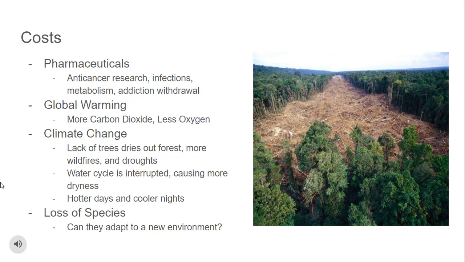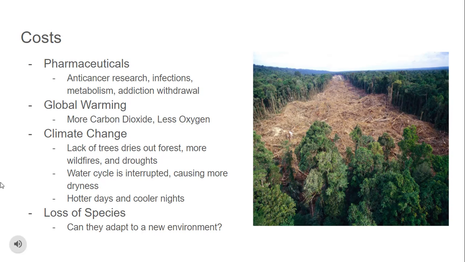Deforestation will cause there to be more carbon dioxide and less oxygen in the atmosphere. Carbon dioxide is one of the greenhouse gases that causes global warming. Without trees to convert the carbon dioxide to oxygen, it will increase the effects of global warming. On top of global warming, when trees are cut down, the forest floor is more exposed to the sunlight, making it more susceptible to wildfires, droughts, subsequent floods,